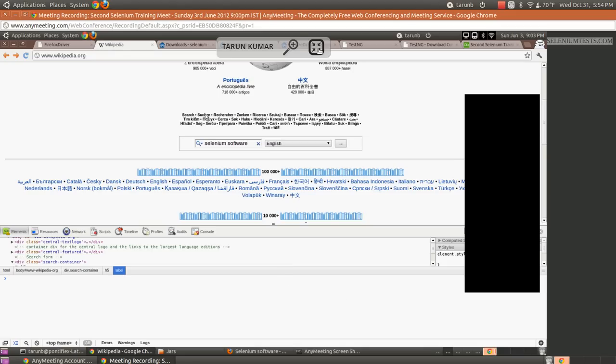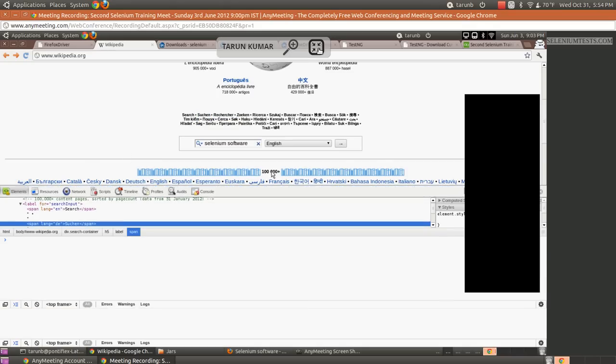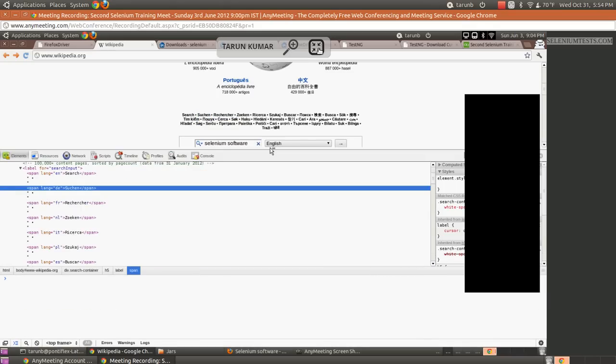Okay, great. So let me just bring your attention to a couple of language terms which are available in the wiki here, and you can see in the HTML down here. If you see here, we have a label called search input, and then we have a couple of spans here.